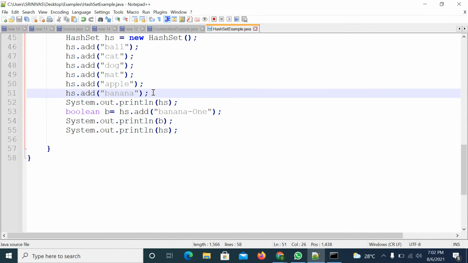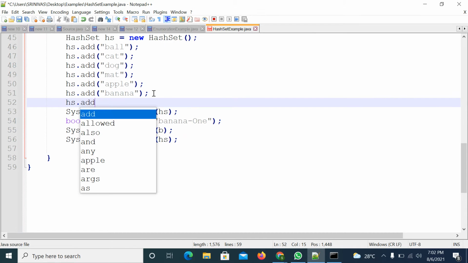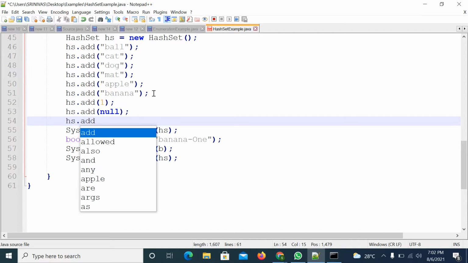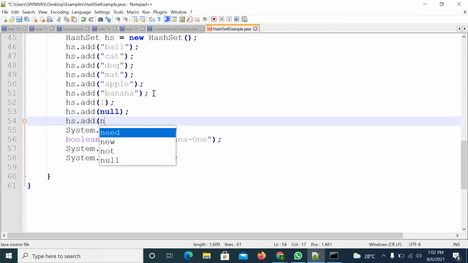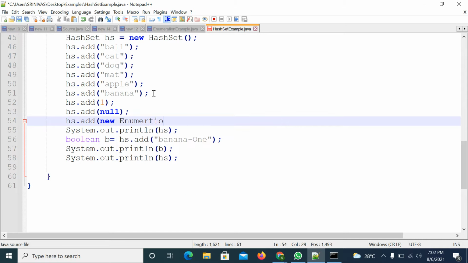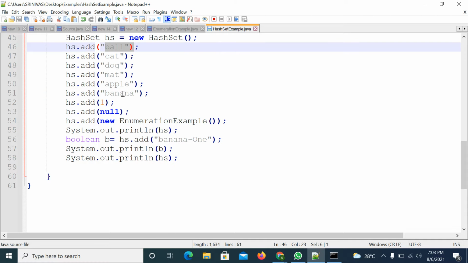We already verified. We didn't verify it, okay, right. No problem. I'm trying to add heterogeneous data. Observe here. Here I'm adding strings, up to here I added strings. Then I'm adding a number, I'm adding a null value.